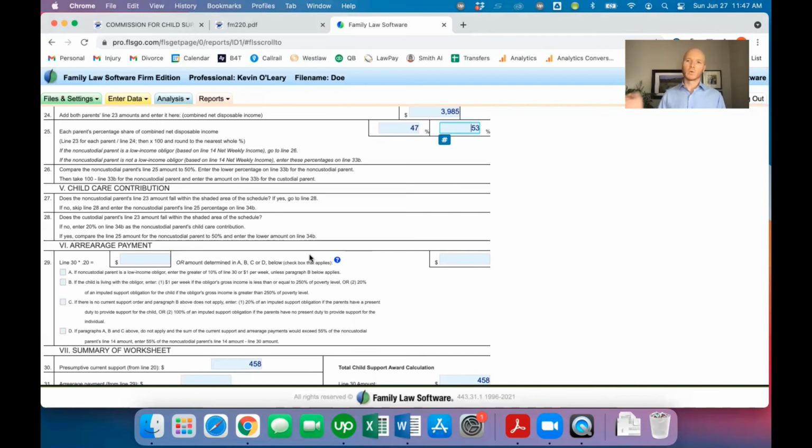So in that scenario, the court will say, okay, the weekly child support amount is X amount of dollars based on the minimum wage income of the obligor, but